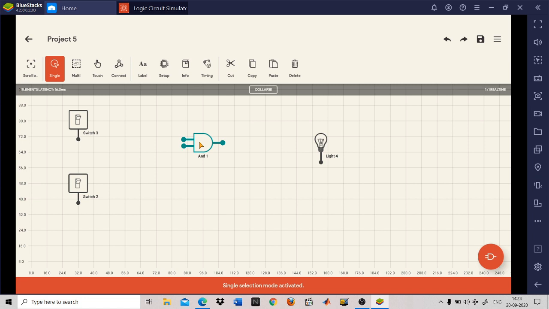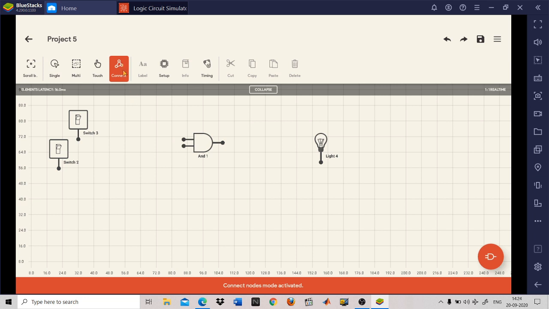Now we will try to connect these two switches to our AND gate. So now there is one element that is connector. If you want to make a connection between two dots, you have to connect the switch to the AND gate. It means that you have to make a connection between these two dots. So just click on the connect. Fine.